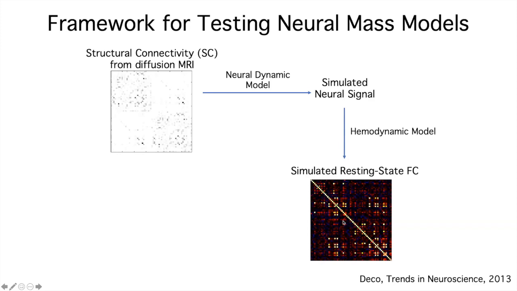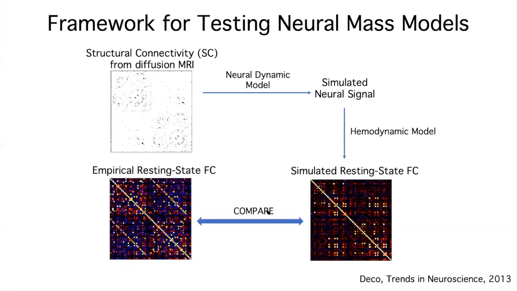So this simulation does not include task inputs. So we are generating simulated resting state functional connectivity. And what people then do is that they compare empirical or observed real functional connectivity data with the simulated functional connectivity data. And the assumption here is that if the simulation and the real data are in good agreement, then this implies that the neurodynamical model is a good model of brain dynamics and can therefore be used to provide insights into the resting brain.